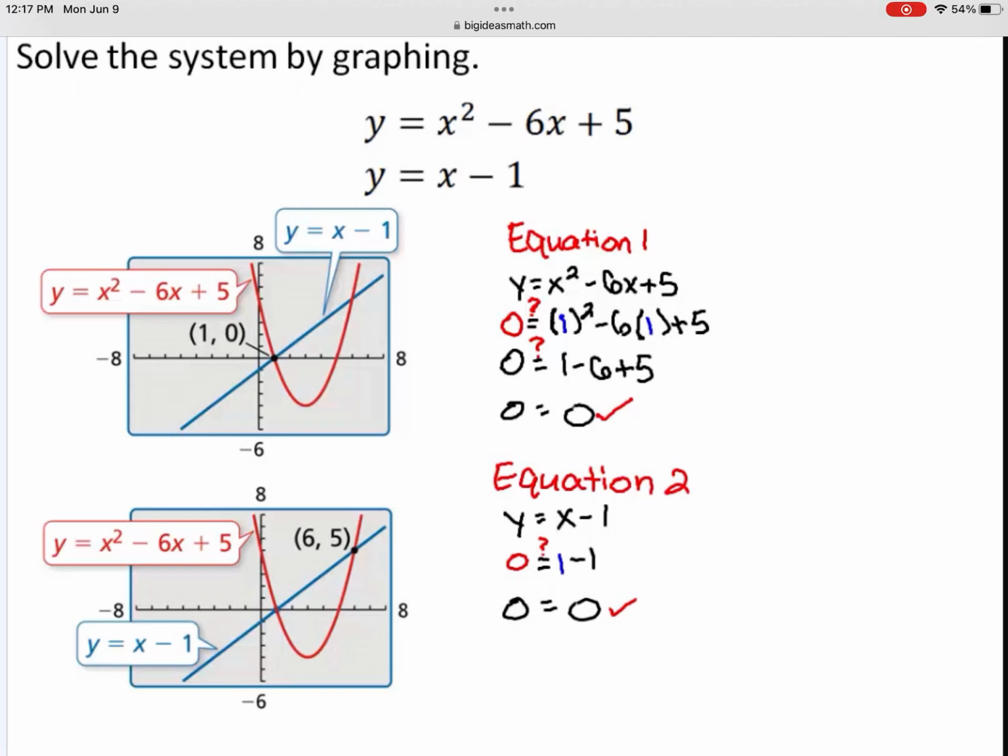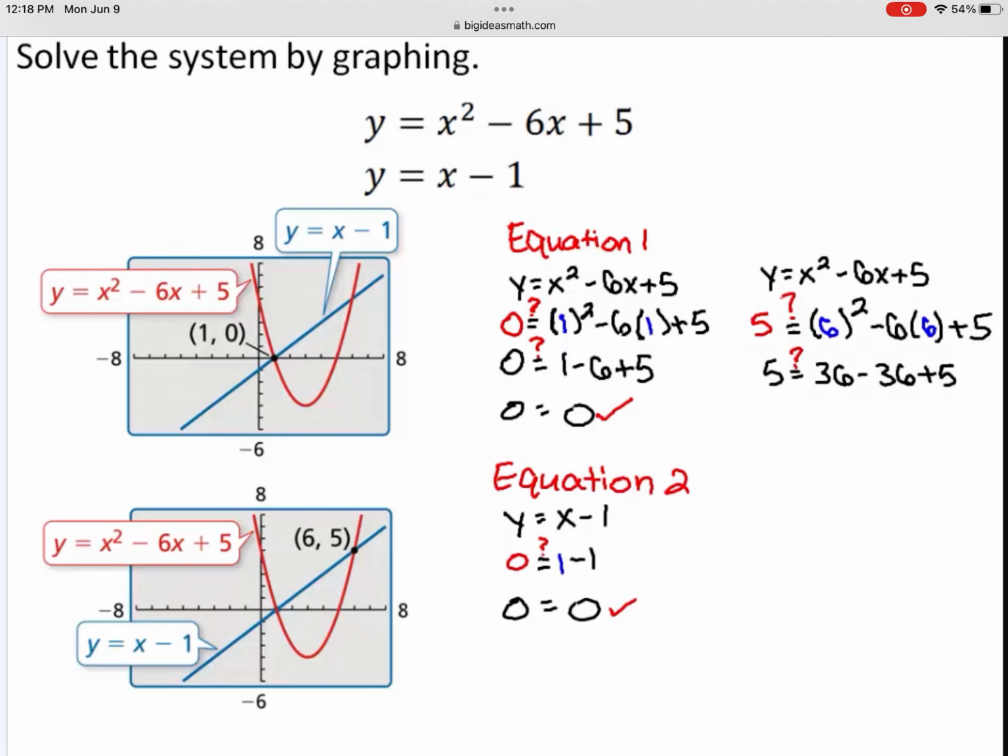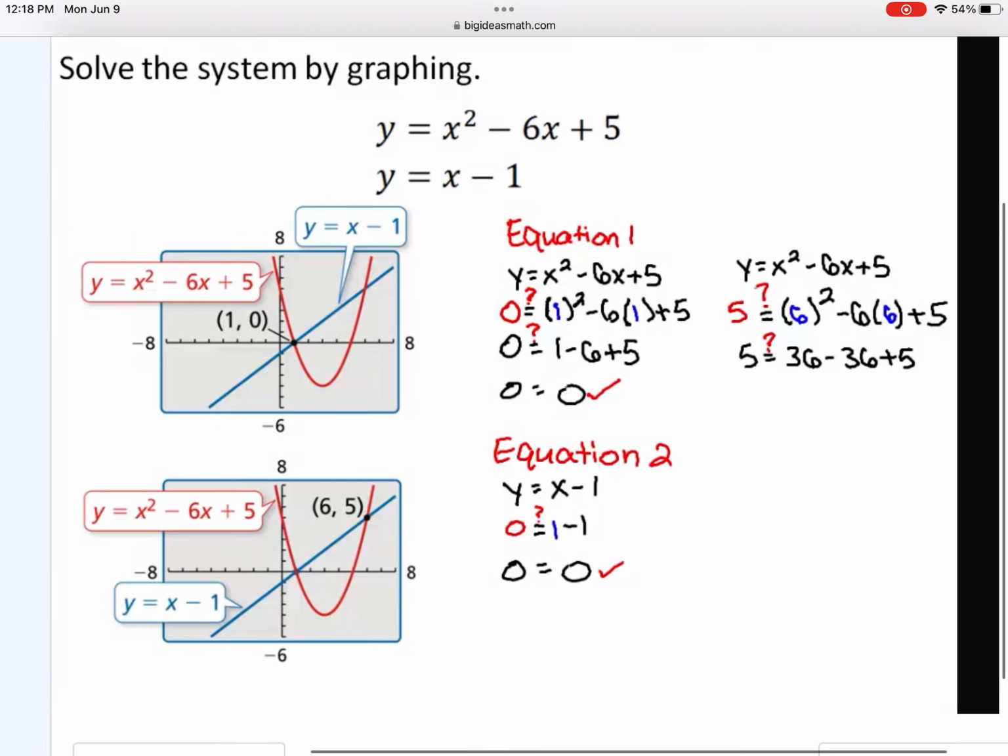Next, you want to check the point (6, 5) in equation 1 by substituting 6 for x and 5 for y in y equals x squared minus 6x plus 5. 6 squared is 36, and negative 6 times 6 is negative 36. 36 minus 36 plus 5 is 5. Because 5 equals 5 is a true statement, (6, 5) is a solution of the equation y equals x squared